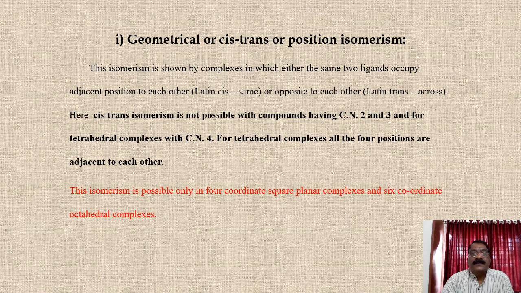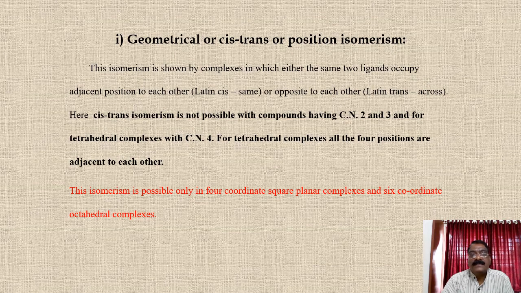This isomerism is shown by complexes in which the same two ligands occupy either adjacent positions, that is cis, meaning the same side, or opposite to each other, that means trans, that is across from each other. Cis-trans isomerism is not possible with compounds having coordination number 2 and 3,